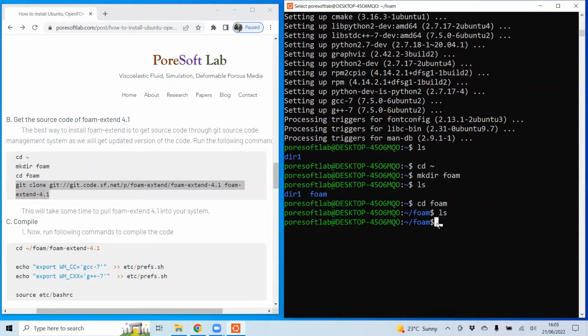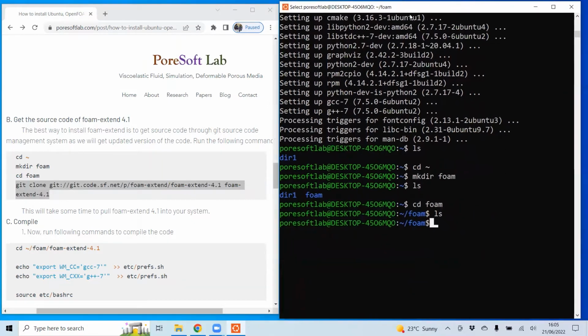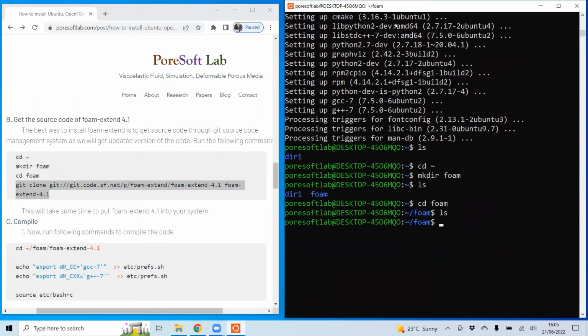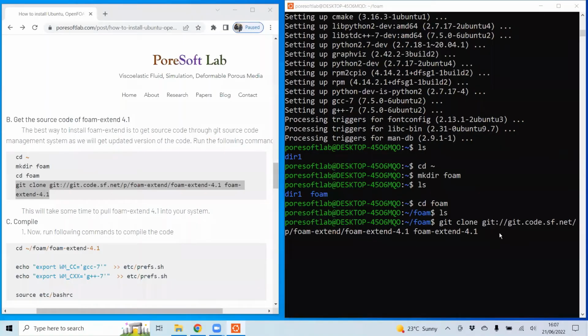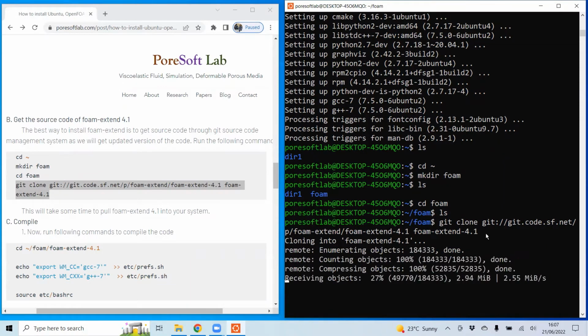Copy and come to the command terminal. Once it is copied, press enter, and it will start cloning Foam Extend and download it in the foam folder.